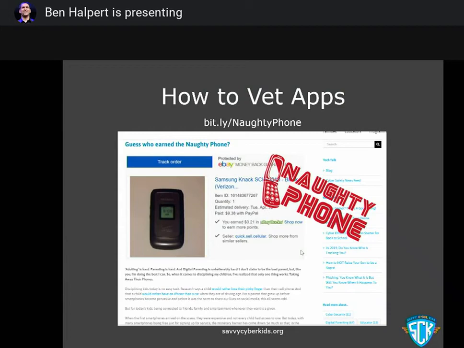And I went out to eBay and I actually purchased this flip phone that you see for $9.38. I then went and added this phone as an additional line at my carrier. And then I took my phone and my wife's phone and I created a new contact called Naughty Child with the phone number. So this way, we can respond immediately if any one of our children says something or does something that we don't approve of.